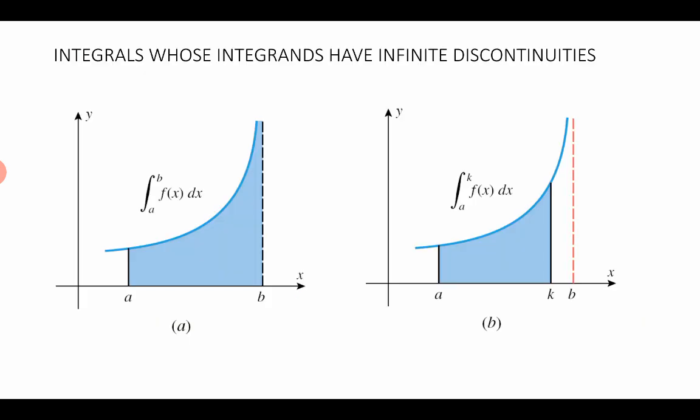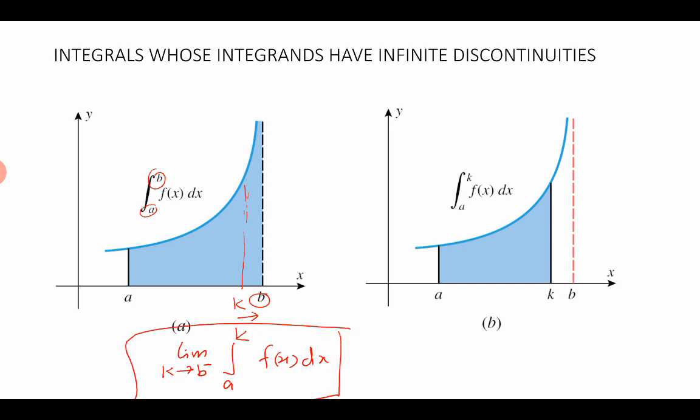Some figures have been given here. If the upper limit is a vertical asymptote, see in this graph, you are supposed to integrate from a to b, but at the point b the function has not been defined. It's a vertical asymptote, isn't it? So in this case also we use the same technique. Here we take a value k and we integrate from a to k the same function f of x dx, and we assume k approaches b. It's not approaching infinity now, k approaches b from the left side. So left limit, k approaches b from the left side. This is the formula for this case.